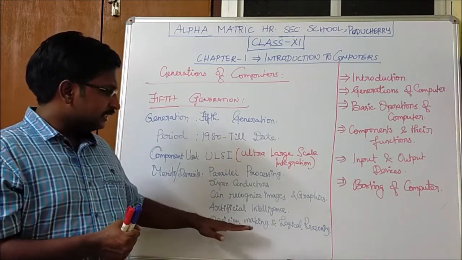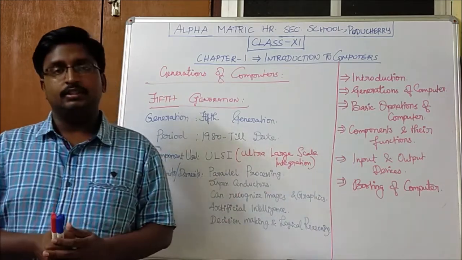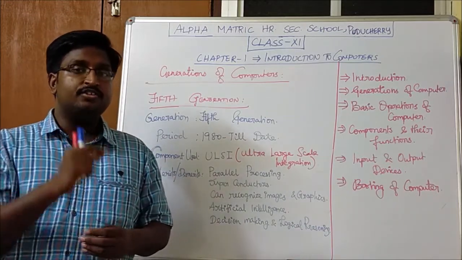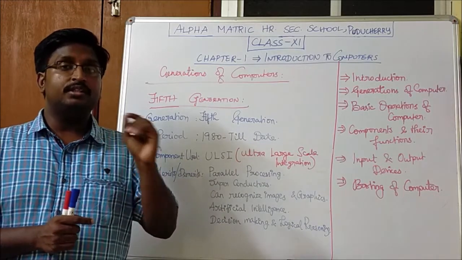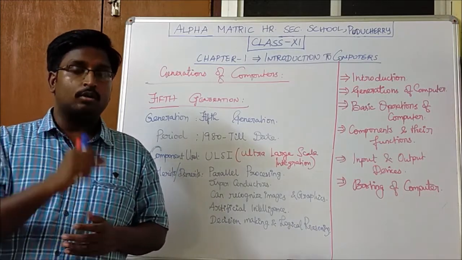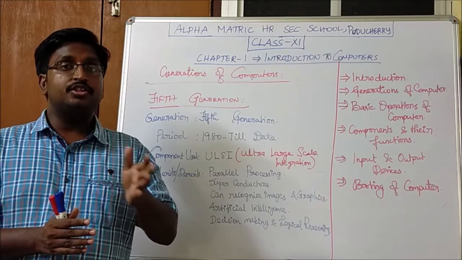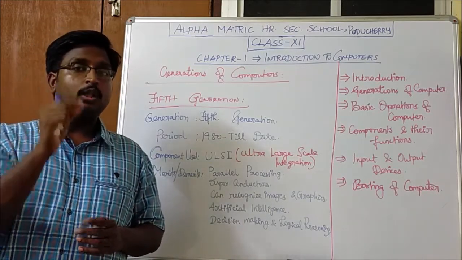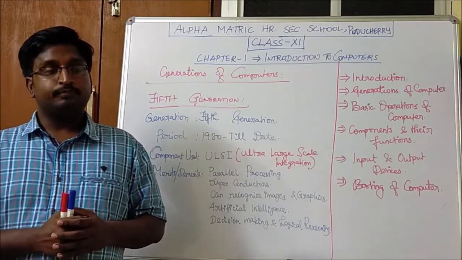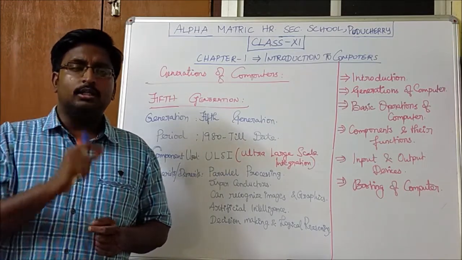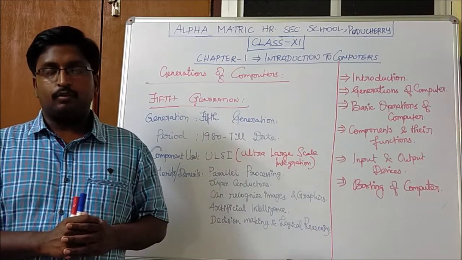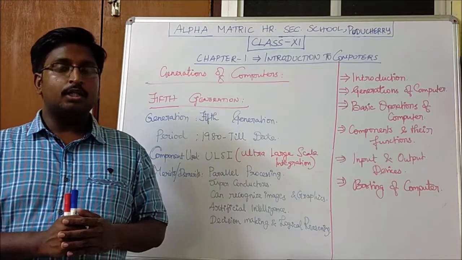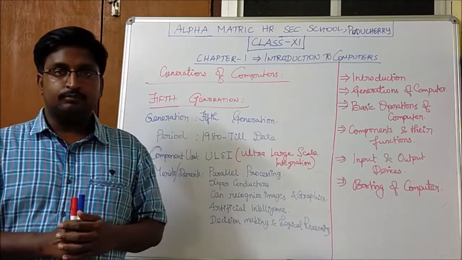And the last one is decision making and logical reasoning. The computer has been programmed to make decisions. It has the capability to decide whether to continue or not in a certain situation. In an unconditional situation, it will decide automatically. For example, if you are inserting a pen drive with a size of 8 GB and you have content of 9 GB.